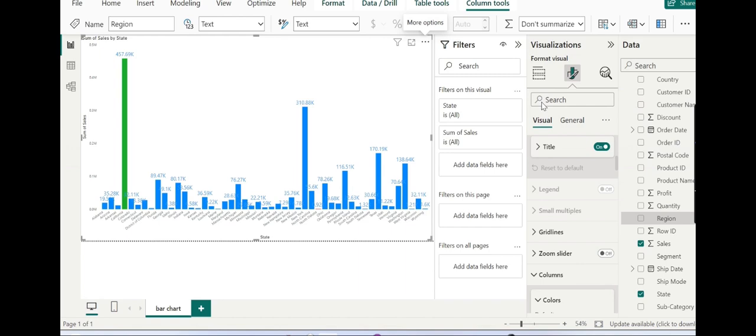This has the effect of sorting the bars alphabetically rather than in any sorted order of sales. We can continue to explore this data as before using the focus mode by simply clicking on the focus mode at the top right.